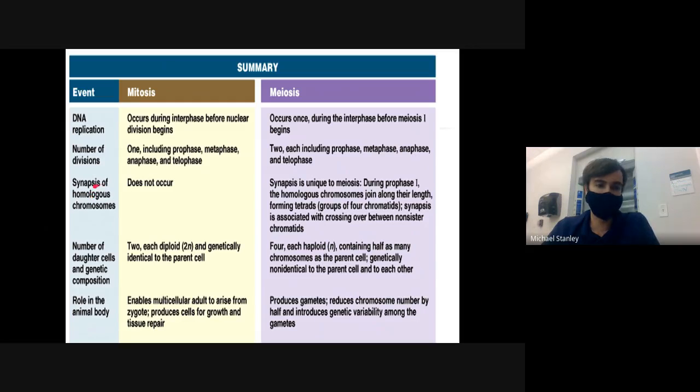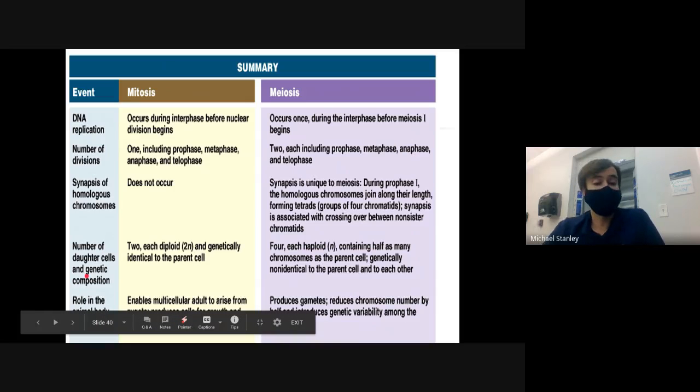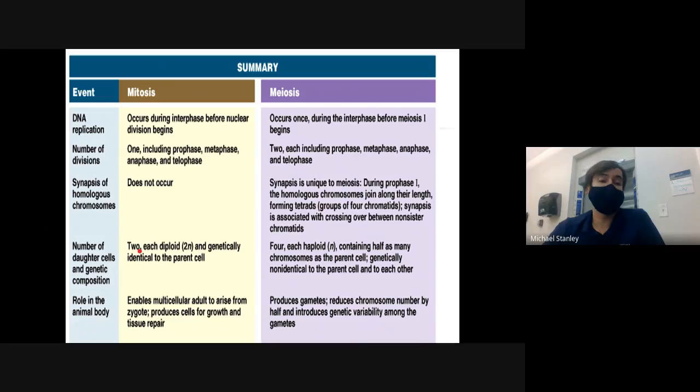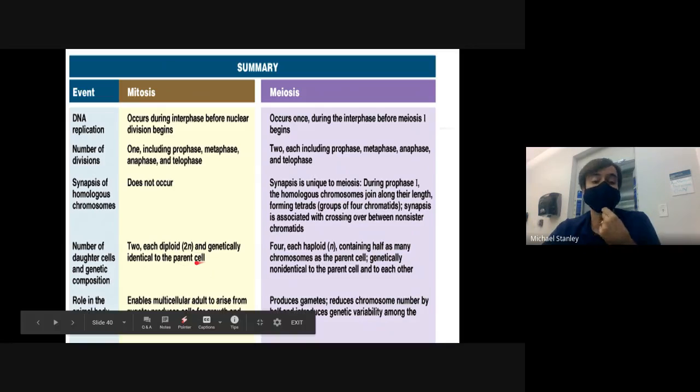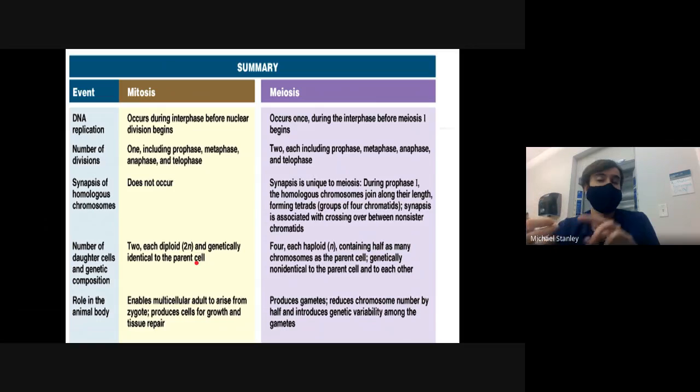We didn't really talk about synapses, so don't worry about that. In mitosis, at the end of it, we have 2 cells. The cells are diploid. They have 2 copies of every chromosome, and they are genetically identical to the parent cell. They have the exact same DNA, the exact same structures, and they're going to do the exact same thing as